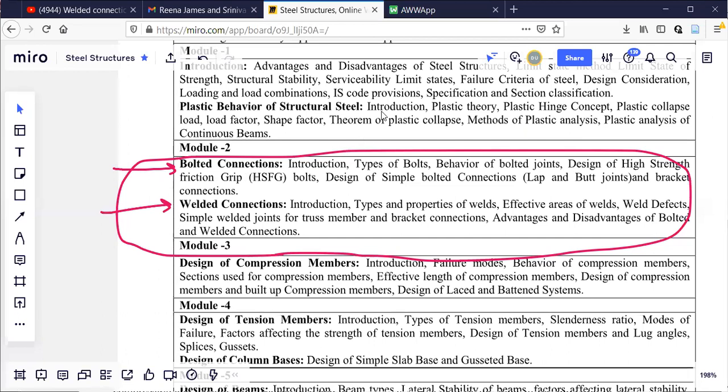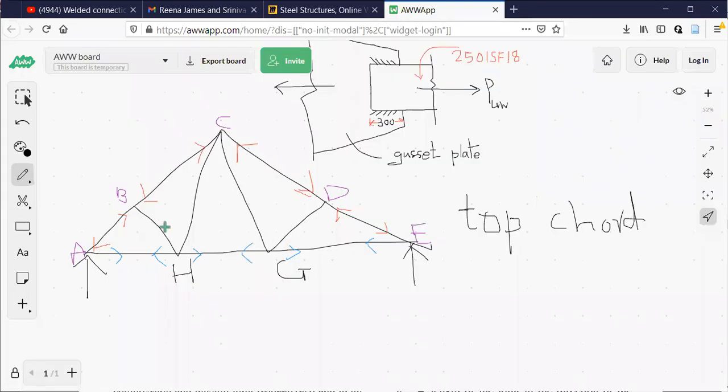That you are going to learn in this. Now where does module 2 come into this truss? I'm telling you, module 2 is all about the study of bolted and welded connections.